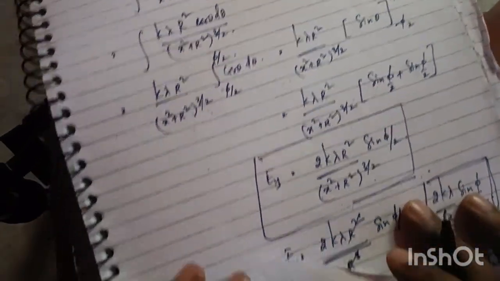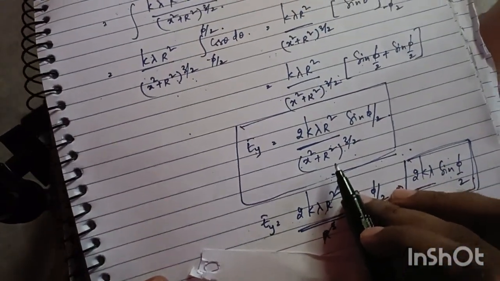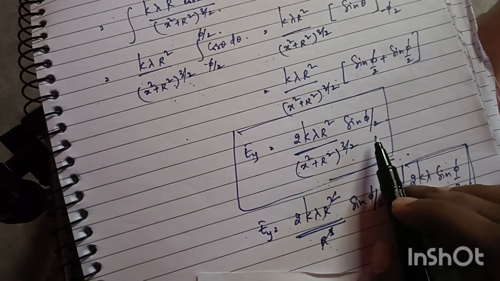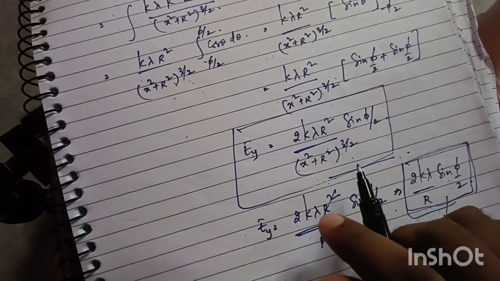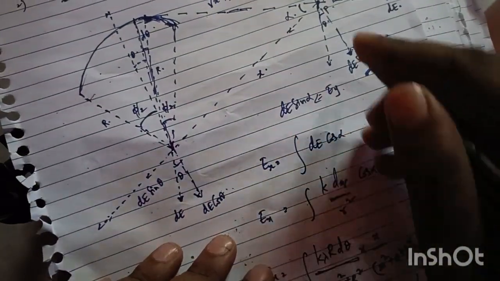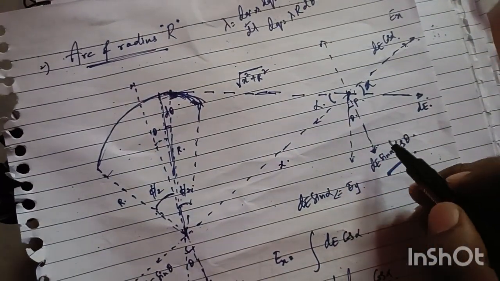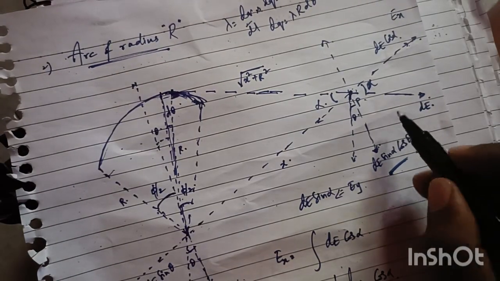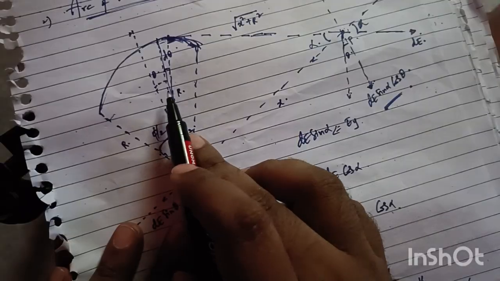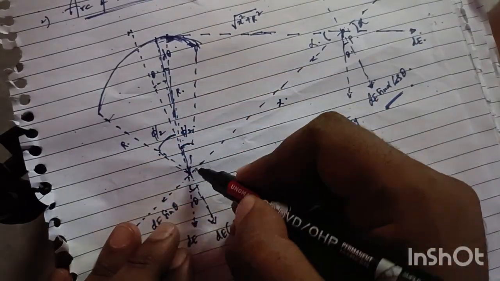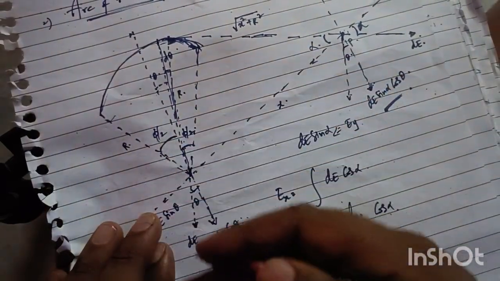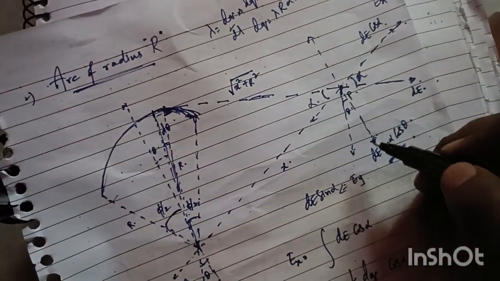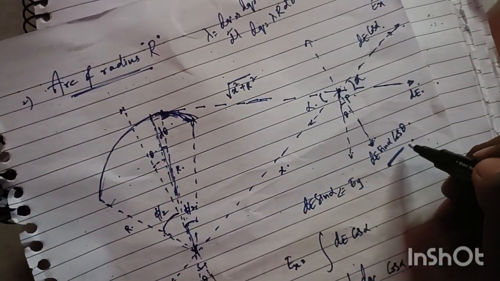This is a more general one, right? 2kλ r² by (x² + r²)^(3/2) sin φ/2. I mean, you don't have to remember this. But I guess this is a subtle point: you cannot directly take dE sin α here. I've also done the same, but instead you have to consider this θ also when we consider the electric field in this direction, right? I mean in this plane, not in this plane, in this plane. So there is a dE sin α cos θ term, that is